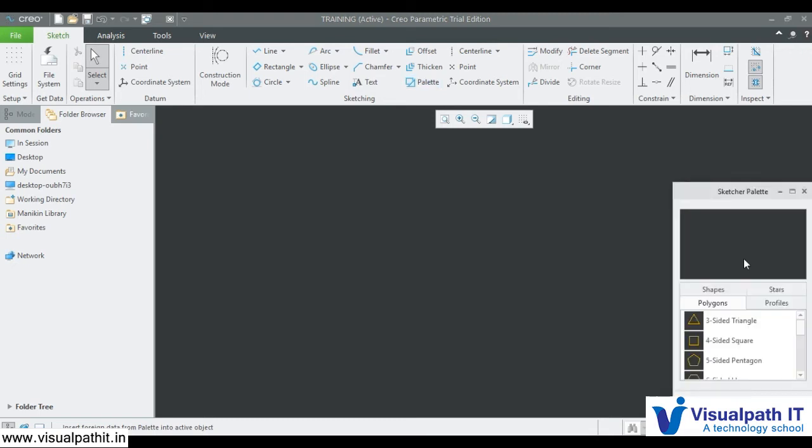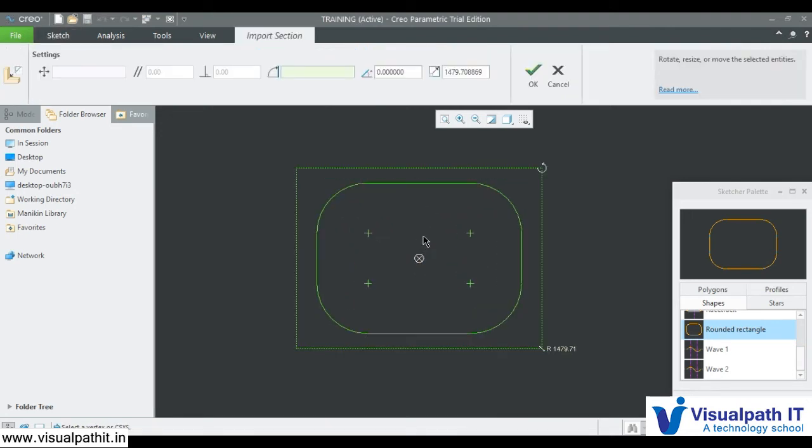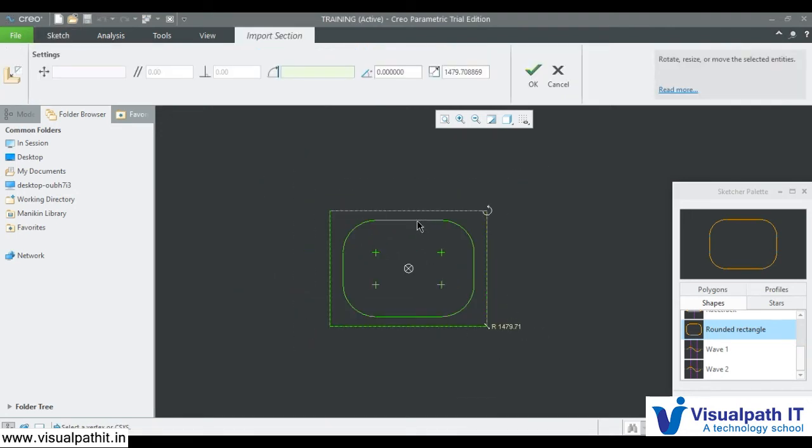Till now we saw that we can create a rectangle and add fillets and all. You don't need to do that. If you go here, shapes, rounded rectangle, drag it here. Here we selected it.